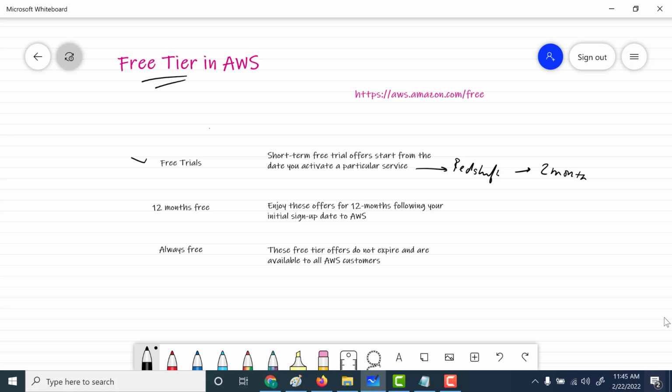And the second variety is the 12 months free. With this, you can enjoy 12 months free from the day you sign up for AWS. A prime example of this would be an EC2 machine. This is something that we will see once we are done with this particular slide. We'll create an EC2 machine and it's going to be free for 12 months. Of course, not all varieties of EC2 machines are going to be free. It's just one called the T2 Micro, and we'll create a T2 Micro instance and it'll be free for the